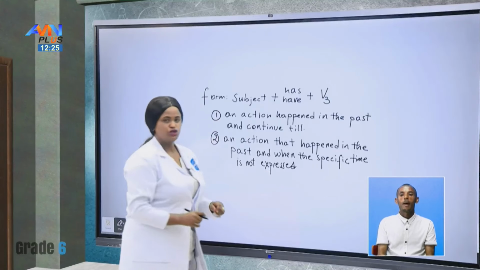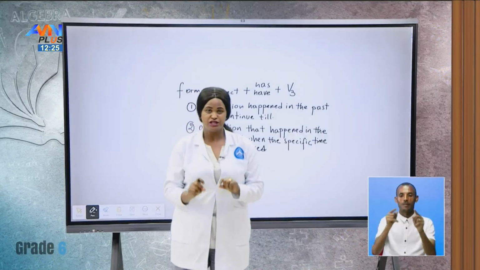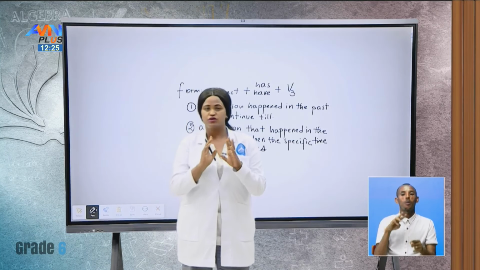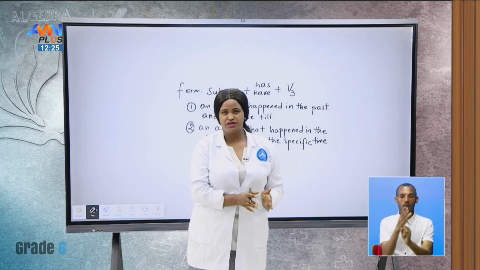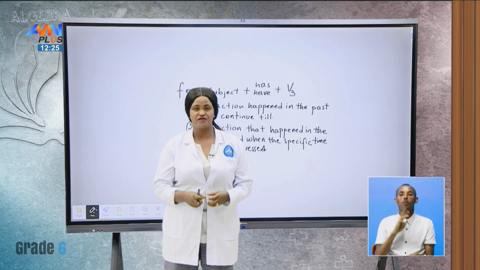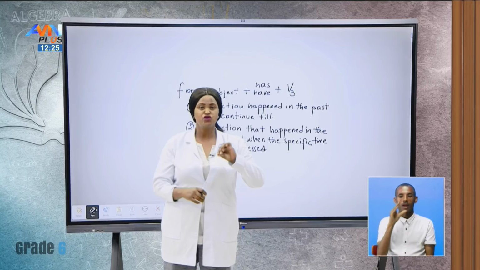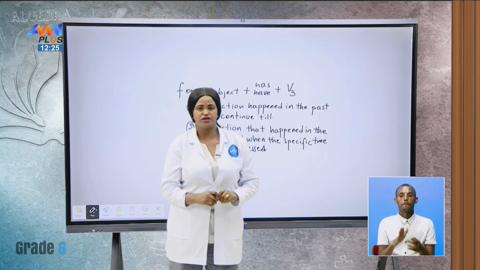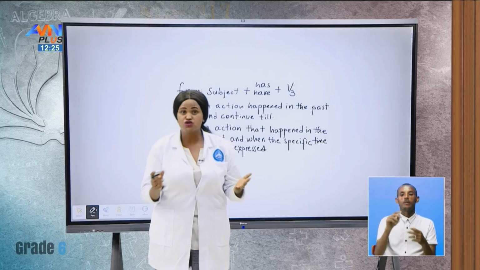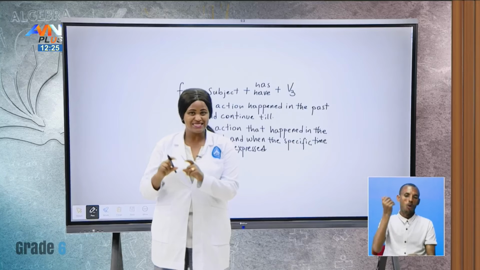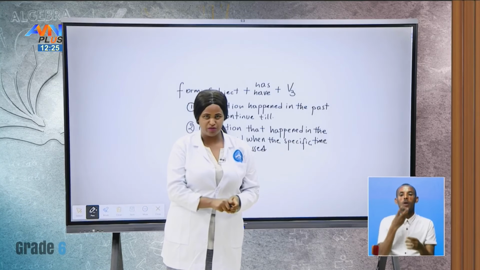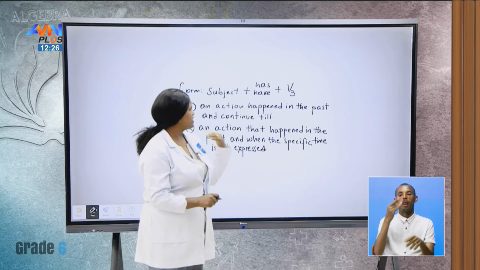Be careful. You have to identify the difference between the simple past and the present perfect, all right? When we say that we have done an action someday in the past without a specific time, we use what? We use the present perfect, right? And if you know the specific time of happening, for example, if you say, I have seen Titanic 3 years ago, that's wrong, because you are telling us the exact time of happening. So instead of present perfect, we use what? The simple past. These were the main topics that we have seen last time.